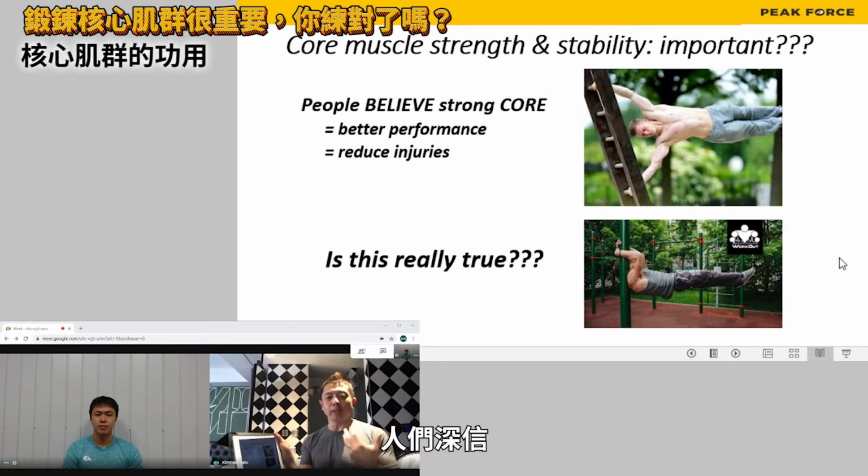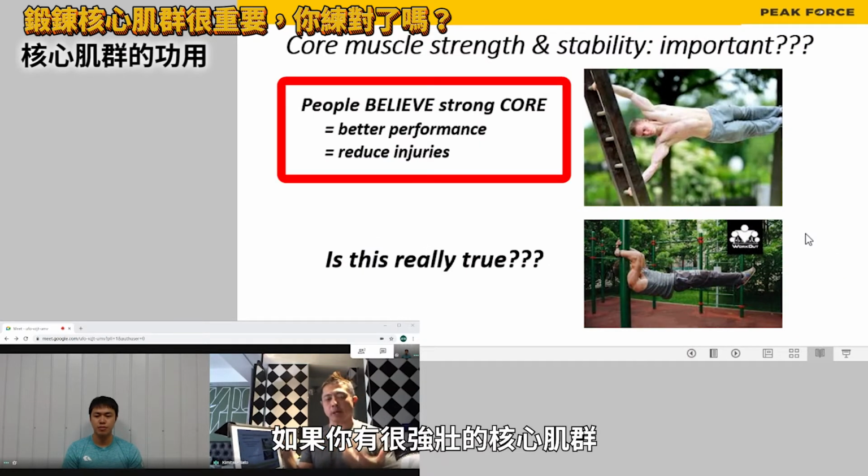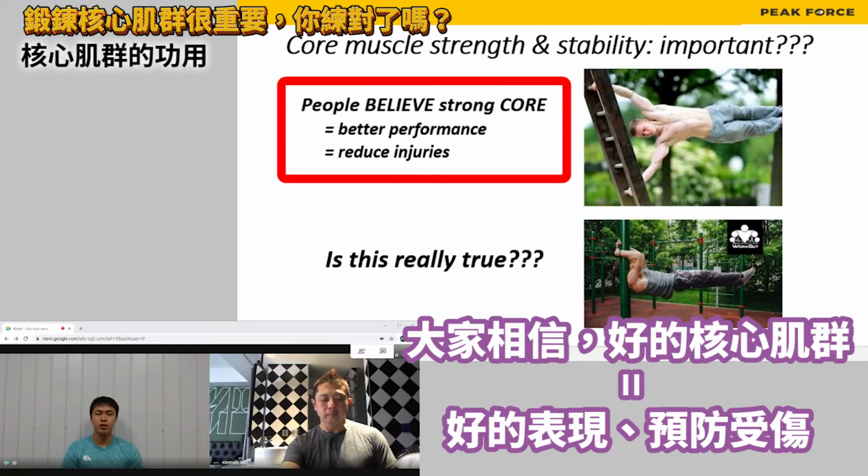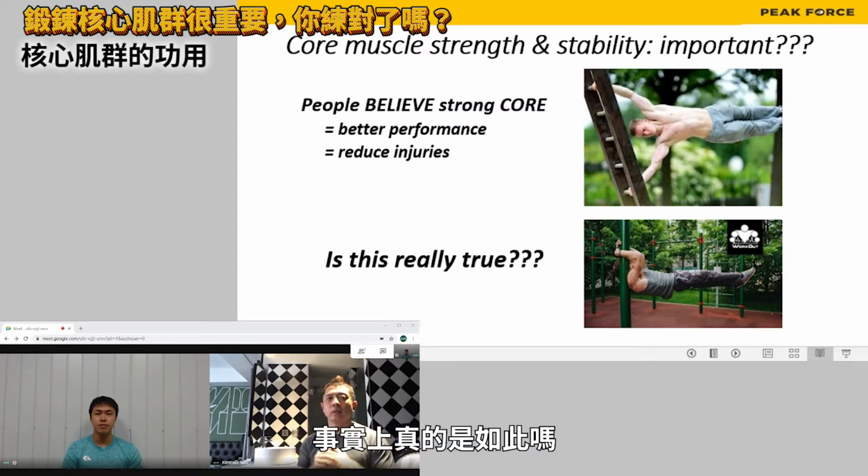Okay, so let's go to the next slide, talking about the core muscles. People really believe that if you have a very strong core muscle, it leads to better sports performance or prevents injuries. 这一页讲到的是核心肌肉的强度、肌力的状况，很多人相信有强壮的核心、很好的核心肌力，就代表会有更好的运动表现，甚至减少受伤的机会。